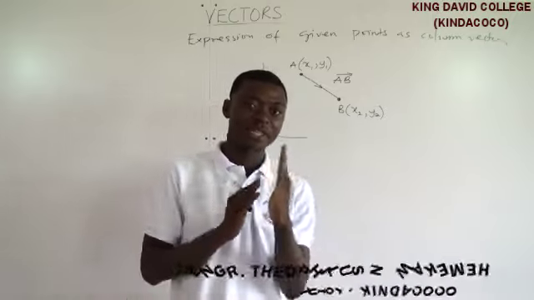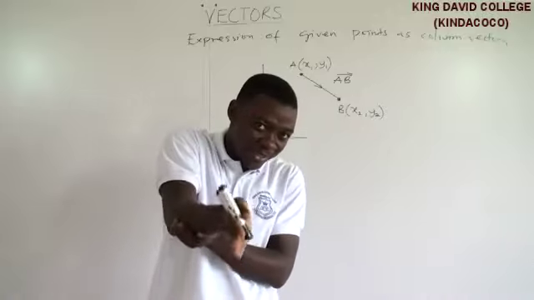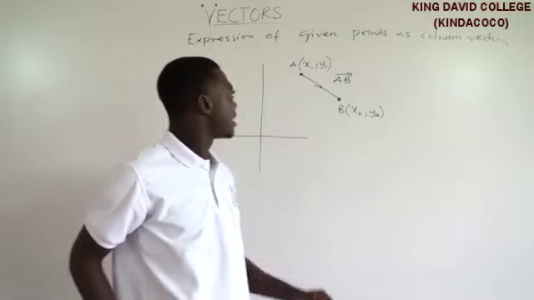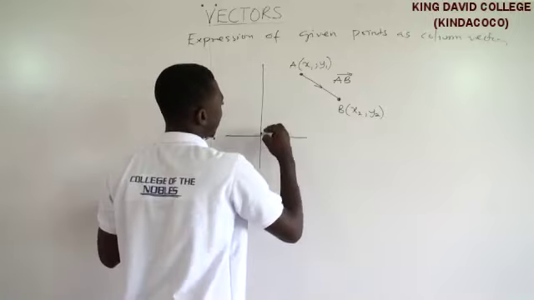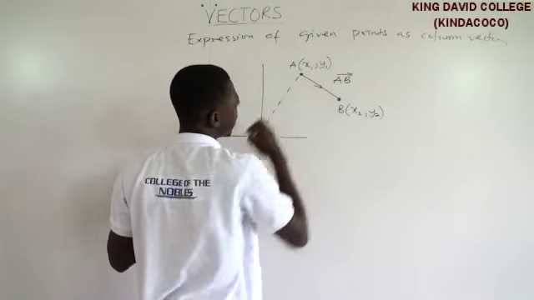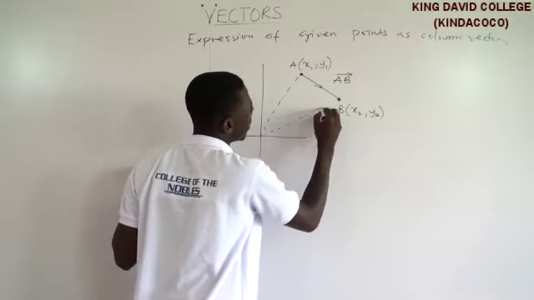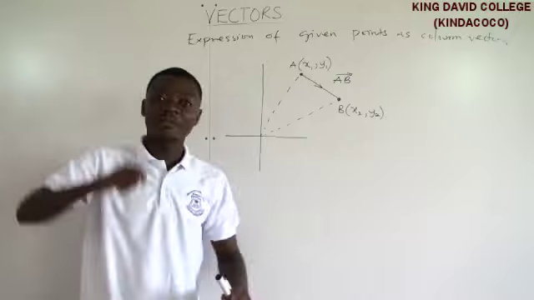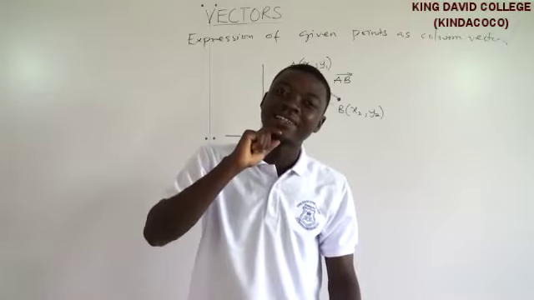So that particular point and the origin form a specific vector. That is how it is seen. So this point A has a certain link with the origin, which is not seen, and this also has a certain link with the origin, which is not seen. So for this to be a position, every coordinate, every point on here, on the